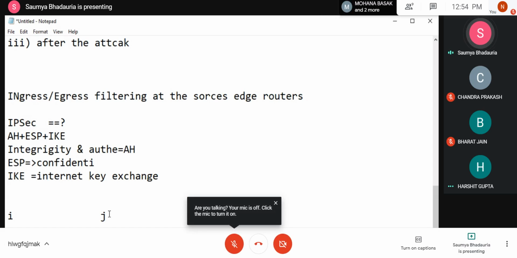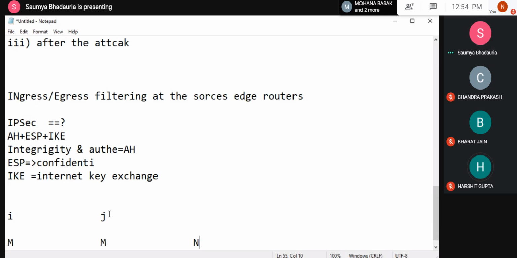Now, if I employ ingress and egress filtering, this ingress and egress filtering will be applied towards the incoming and outgoing packets. Okay? अब अगर I से J को पैकेट जाता है या फिर J से I को पैकेट जाता है तो वो पैकेट जा सकता है. क्यों जा सकता है? क्योंकि दोनों एक ही नेटवर्क में हैं. ठीक है? Yes, ma'am. Now, if there is a packet which needs to flow from K to I or K to J,